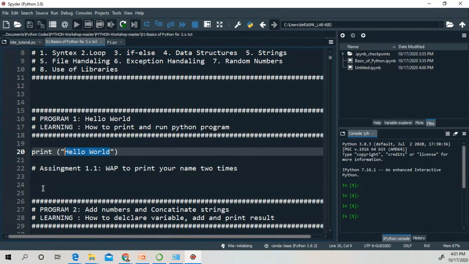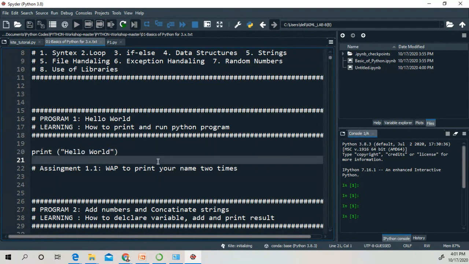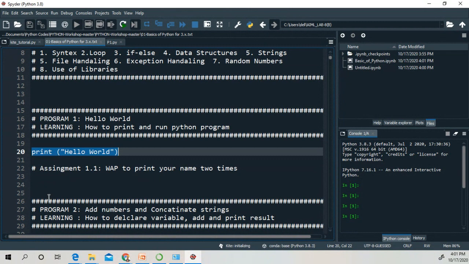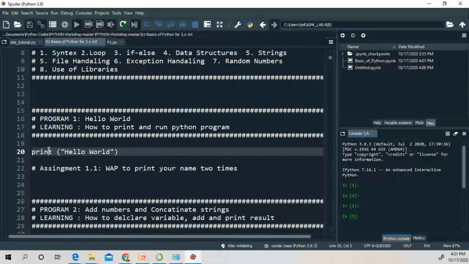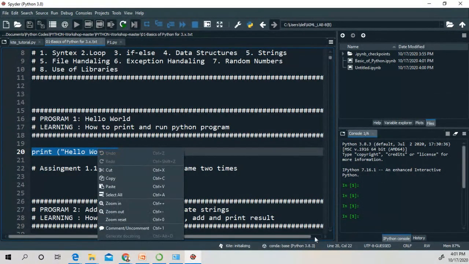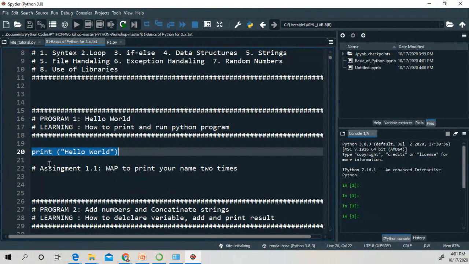So how to execute this one line? You select that file and right click on it, or select this file. Wait a minute.